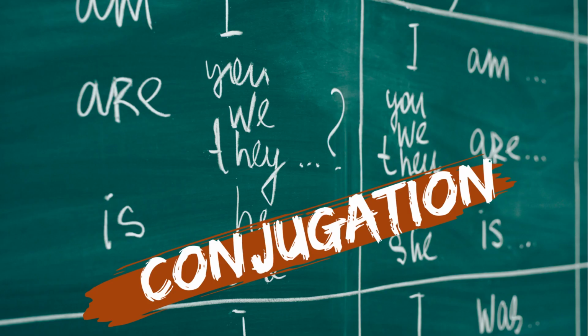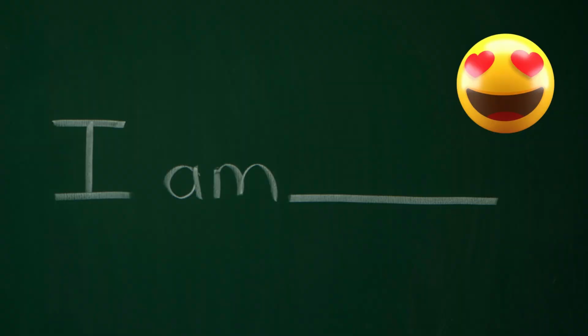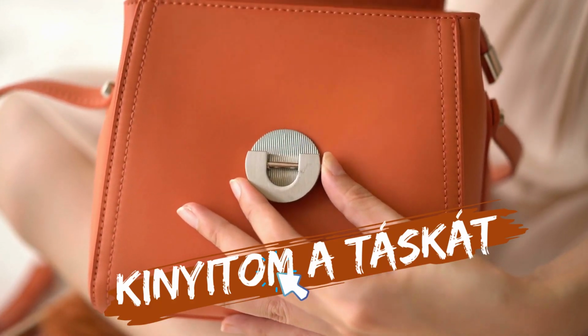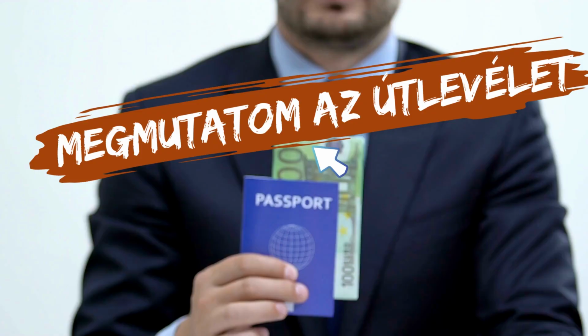Step 4. Conjugation. Learn the appropriate verb endings to indicate the first, second, or third person in singular and plural forms in various tenses and modes. As a beginner, you can start your journey by learning the first person singular forms in the present tense to establish a foundation. Kinyitom a táskát,